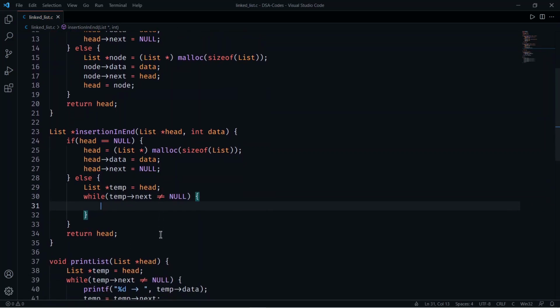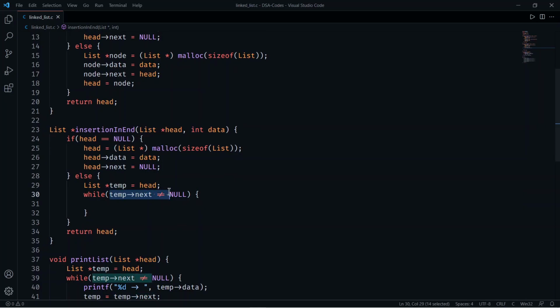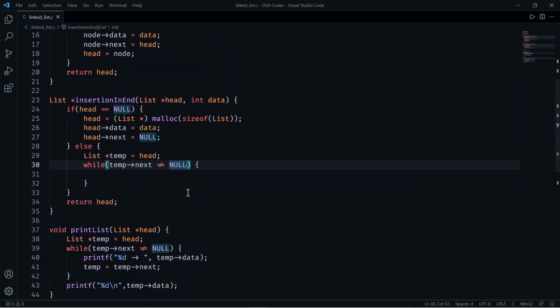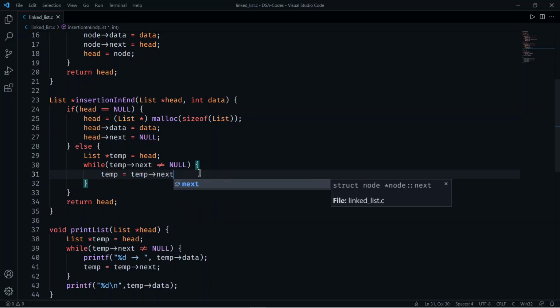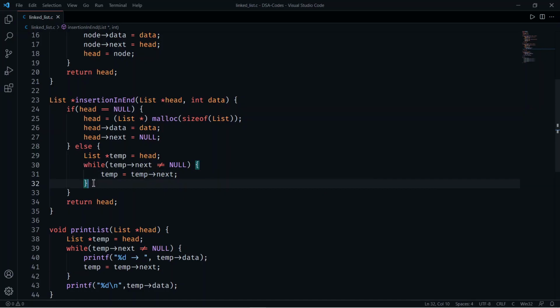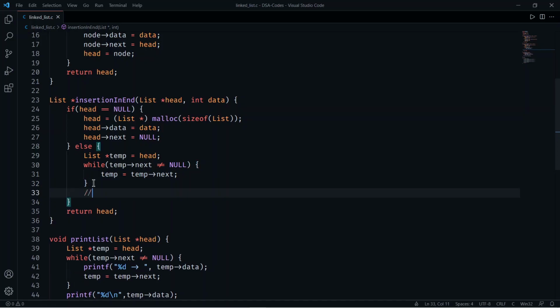This condition, temp arrow next is not equals to null, is the same condition that we have used in the print list function, that is do this thing until we reach the last node. And what we are going to do is temp equals to temp arrow next. So after this while loop is completed, the temp points to the last node, that is we are at the last node.